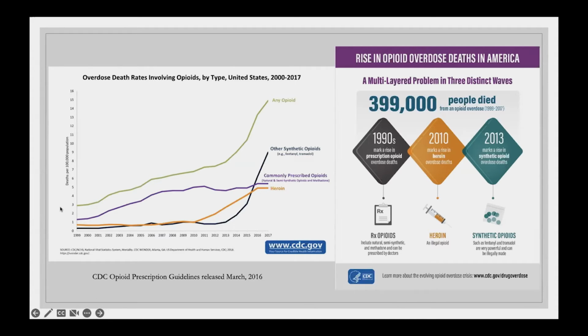But the different types of opioids that are causing most of this effect actually change over time. And most interestingly, in the past decade or so, it has changed quite a bit. So it used to be more commonly prescribed opioids, and then there was this uptick in heroin, so street opioids. And now it's other synthetic opioids. So the fentanyl issues that you see a lot in the news nowadays didn't used to be a big thing before 2014 or so, but it's seen this meteoric rise recently.